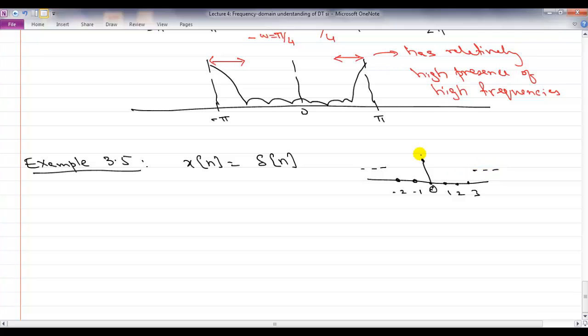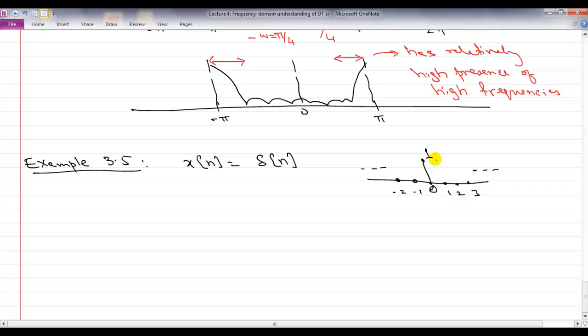And so forth. Now, if you just think of it in terms of an intuitive understanding of what kind of frequencies exist in this signal, and we will do the math later. But think about it. This is a signal that is 0. All of a sudden it becomes 1 and it becomes 0 again.